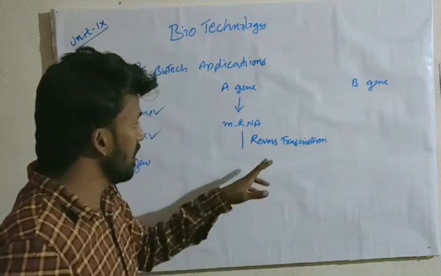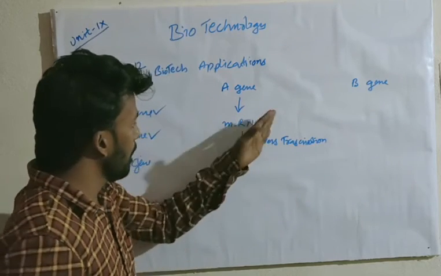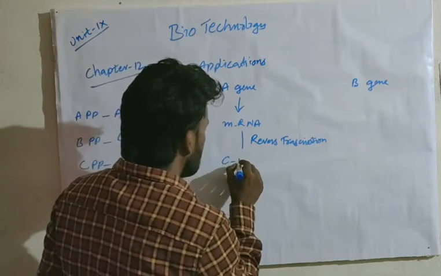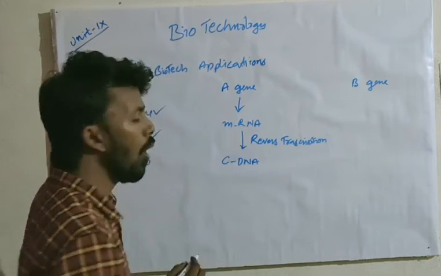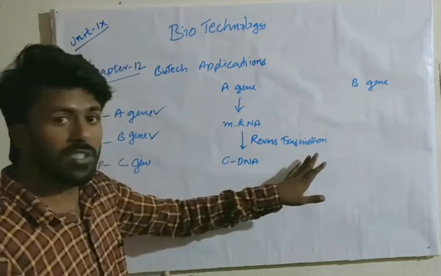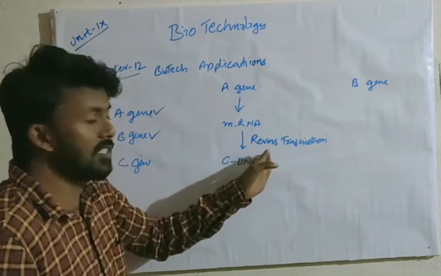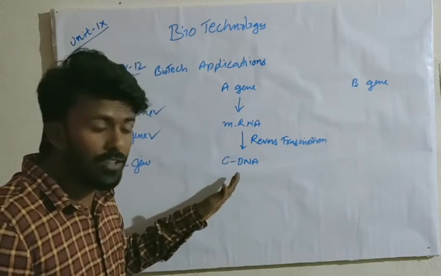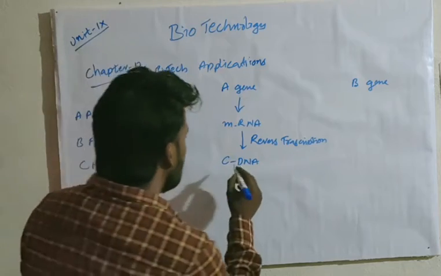What is the meaning of this reverse transcription? mRNA to DNA again, and that is cDNA or complementary DNA. Actual transcription means from a gene or DNA to the mRNA, but reverse transcription means from mRNA to DNA again, and that DNA is known as complementary DNA or cDNA. And this cDNA